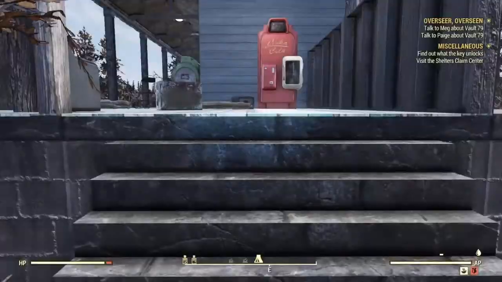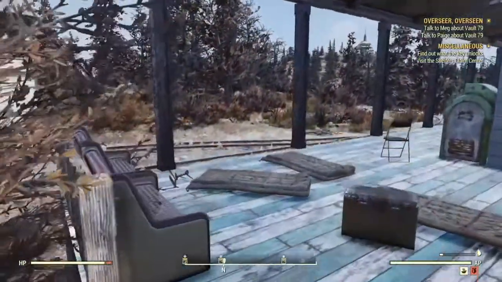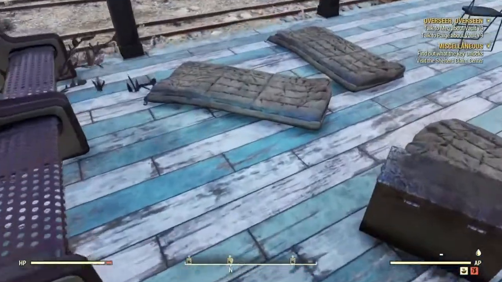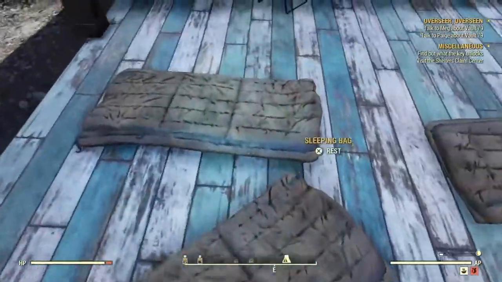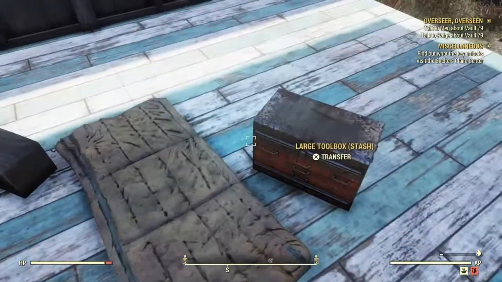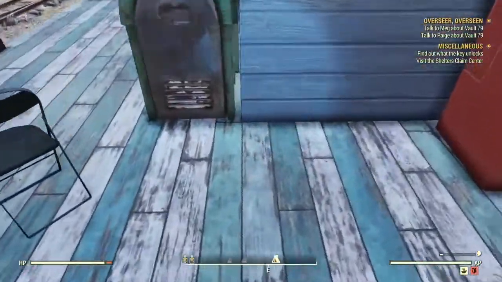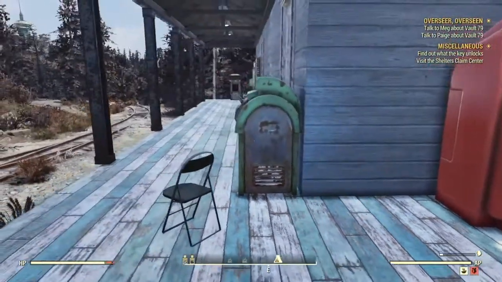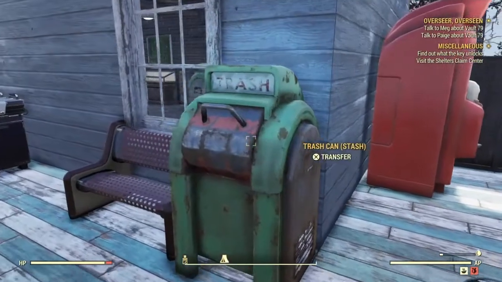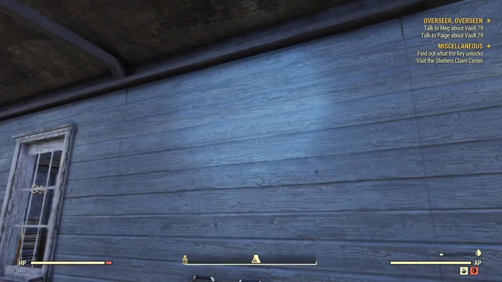Okay. So this right here is what they had over there. Now they did have some sleeping bags laying out. They had the radio going, toolbox. They had the Nuka-Cola machine. Now they also have a machine there. And this chair that's just kind of hanging out. The trash can, the bench. Now right here is where you're supposed to...